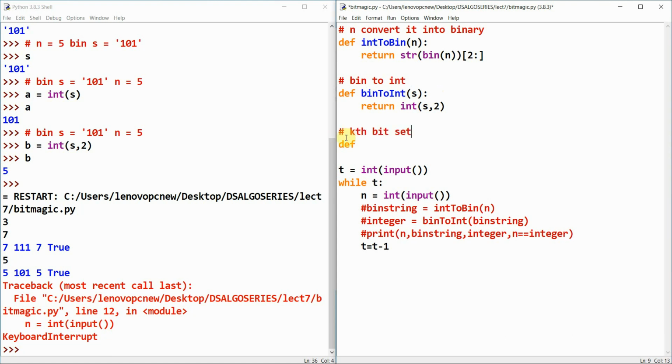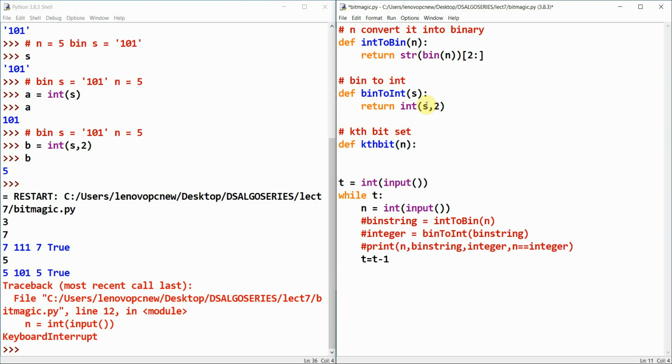So this would determine if our integer n has a kth bit set from the right. So let me check kth bit n, and we have a formula: if n and 1 left shift k minus 1,